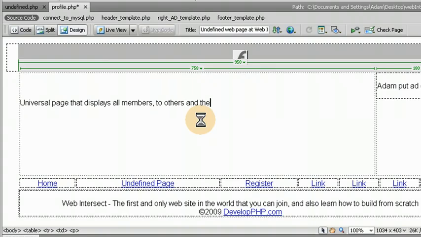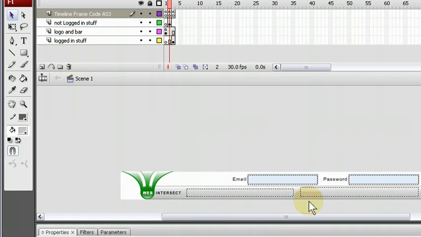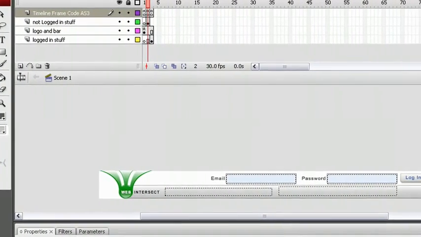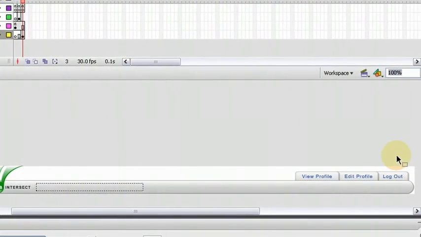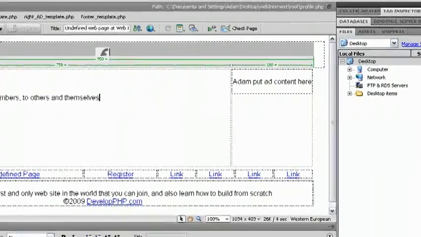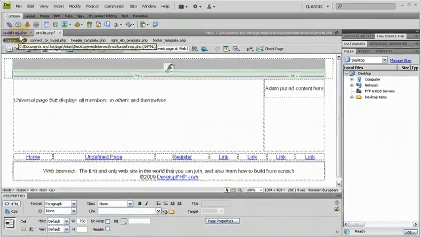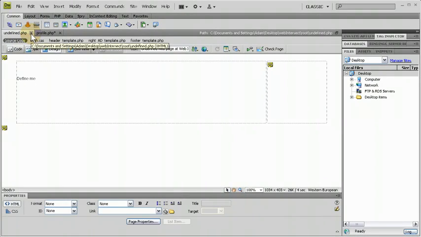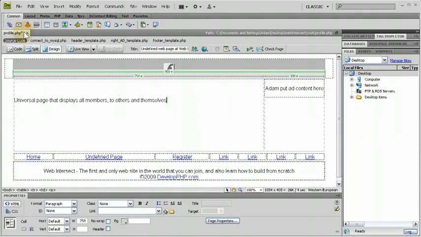So when the user is logged in, so say in our Flash header, we still have to program in the functionality for this button here. For the logged in user, they click view profile, they get sent to that page we just made, profile.php. So we can close this undefined page. We don't even need that anymore. And let's go to profile.php,